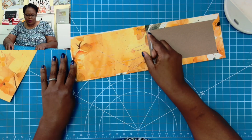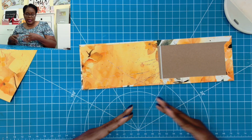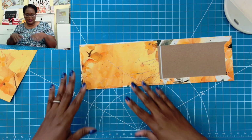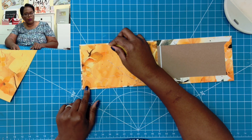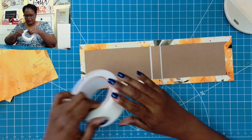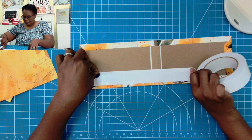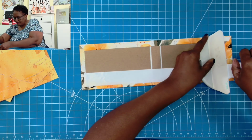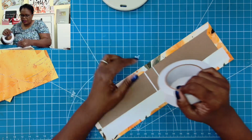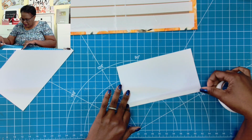So I cut it at 4 3/4 because this is 5 inches tall and I always reduce it by 1/4 of an inch. So instead of cutting this at 5 by 8.5, I cut it at 4 3/4 by 8.5. So now I'm just going to take some tape and we're going to place our tape down to cover the chipboard. Then I'll take my tape and we'll go around the outer edges